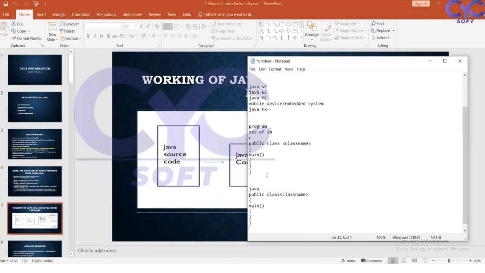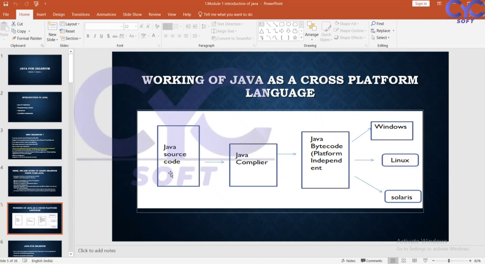I have just written a hello statement to print. Here I have printed it with system.out.println in the main. Whatever this program is, this program is called the source code. So what will Java do? In Java